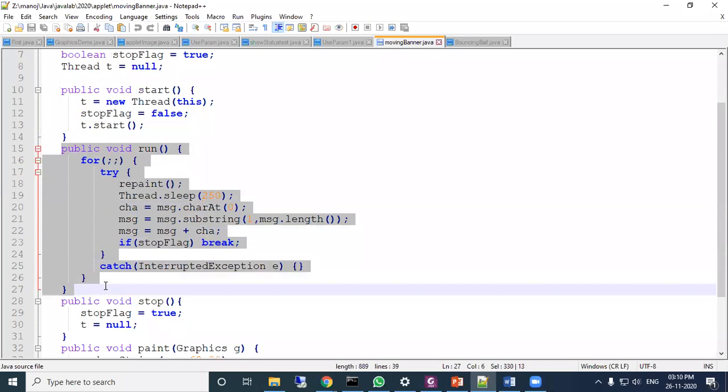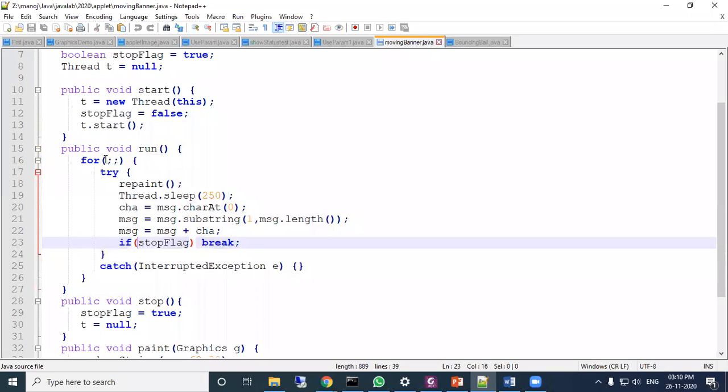In this run method, just see here, for(;;), this is for an infinite loop. Then try, it is used here for exception handling. Then within the curly braces, repaint is a method which calls the paint method repeatedly.